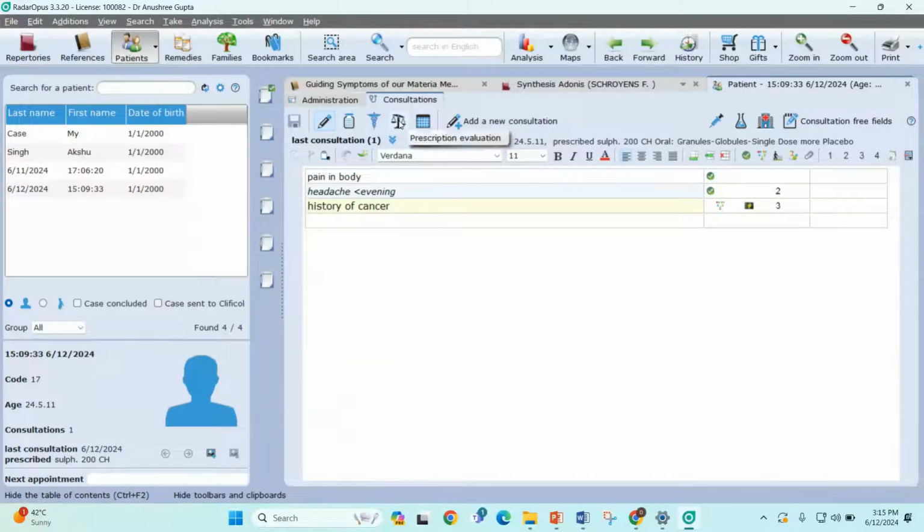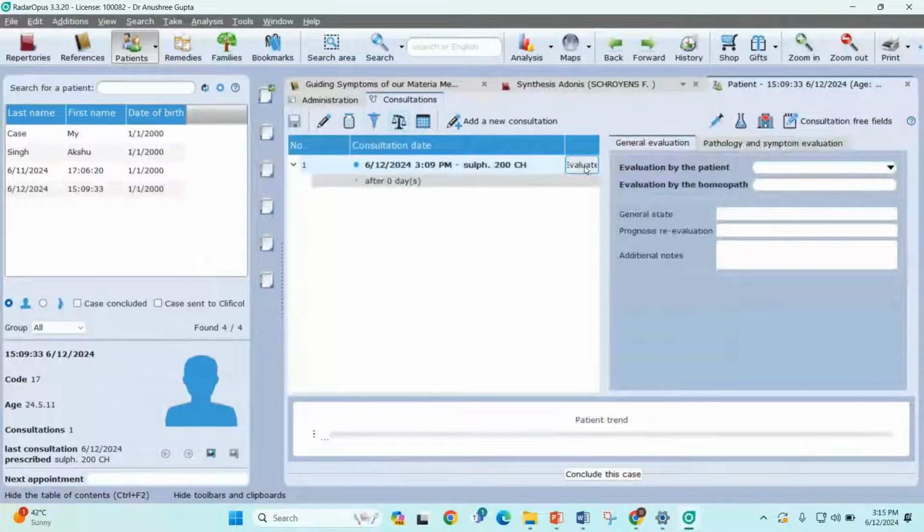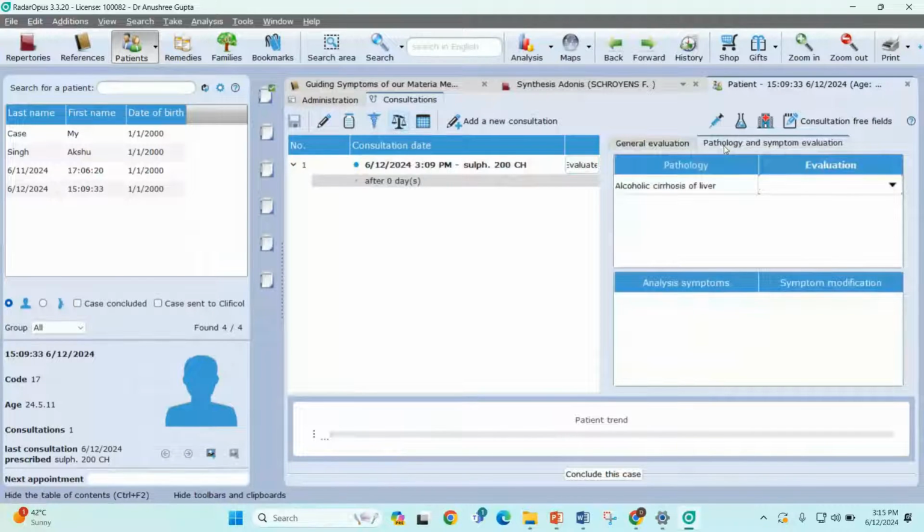Next, you can also evaluate your patient directly with this evaluation icon. So by clicking on this evaluate, you can mention the general and the pathological evaluation of your patient, and at the upcoming follow-ups, you can create further evaluations and see how your patient is improving or not with this evaluation icon.